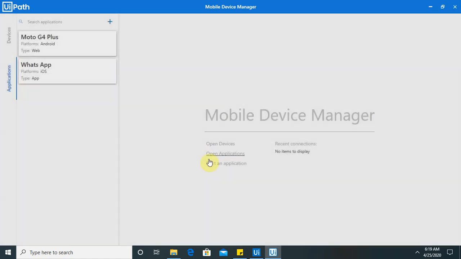So just save and close. Now you can see WhatsApp. If you want to clone it, meaning you want to create another copy of that application, you can also do that by clicking on clone. If you want to delete, you can also delete from here.